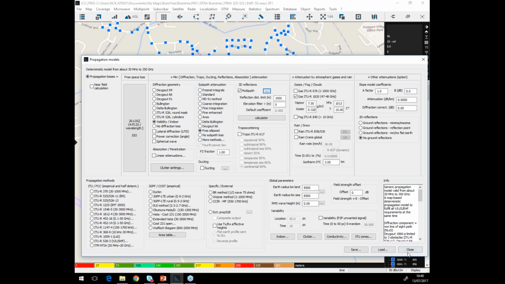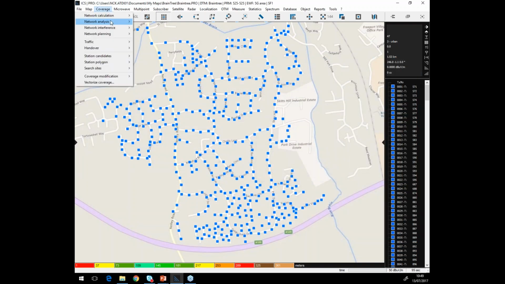So, I've undertaken this calculation, and to be honest with you, the reflection area distance limit was only about 200 meters around the stations. I'm not going to run it live, it takes a very, very long time at this resolution. And you come up with a coverage area